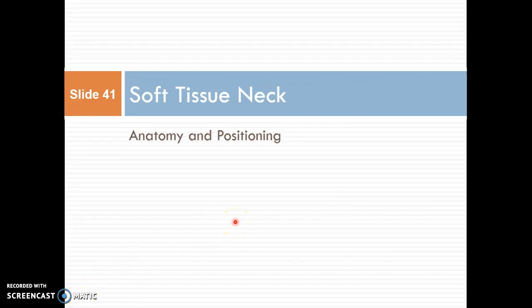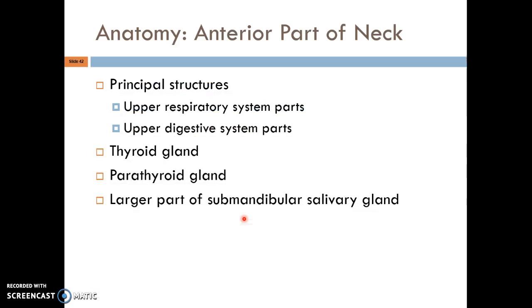We're going to move into the anatomy and positioning for the soft tissue neck, upper airway, or upper respiratory system, however it's ordered at the clinical sites. So the anterior portion of the neck is where we're going to start with our anatomy. It is the upper respiratory system as well as the upper digestive system. It is one. We do have the thyroid gland, the parathyroid gland, and a large part of the submandibular salivary